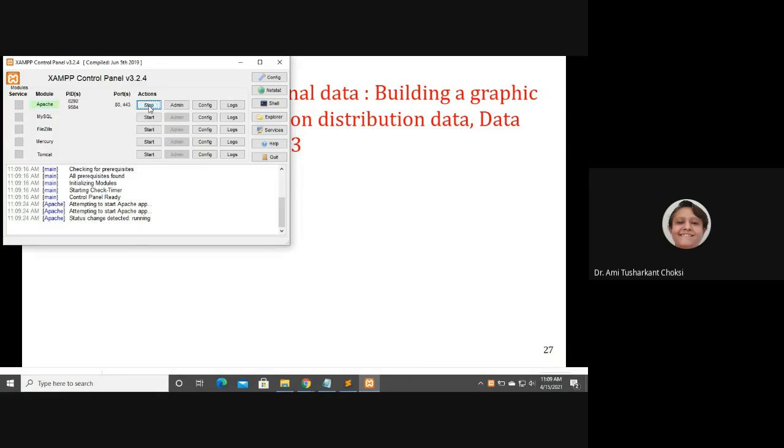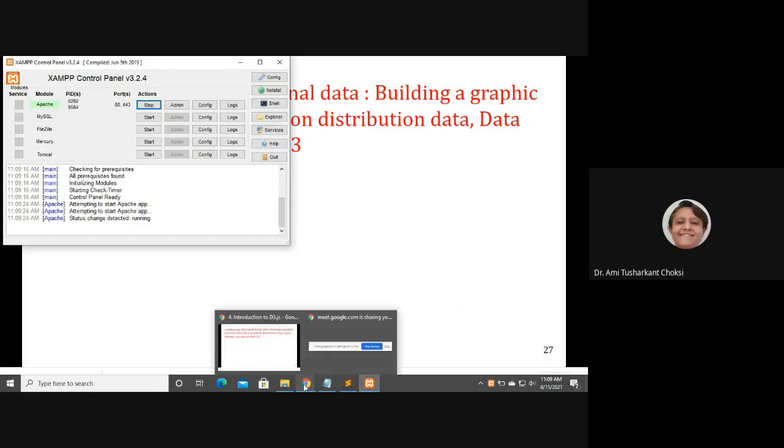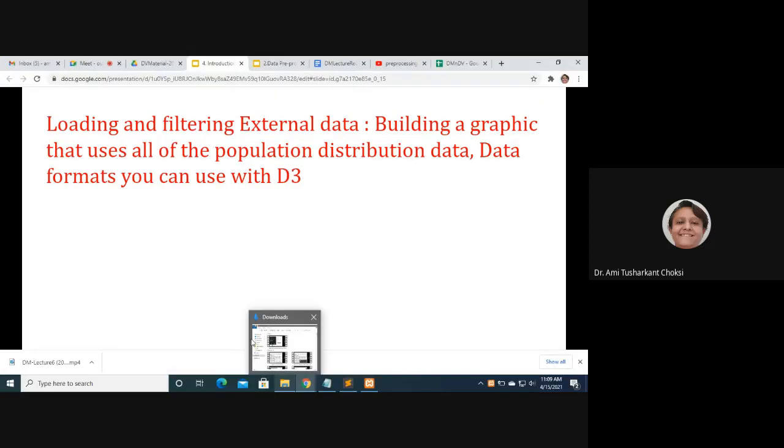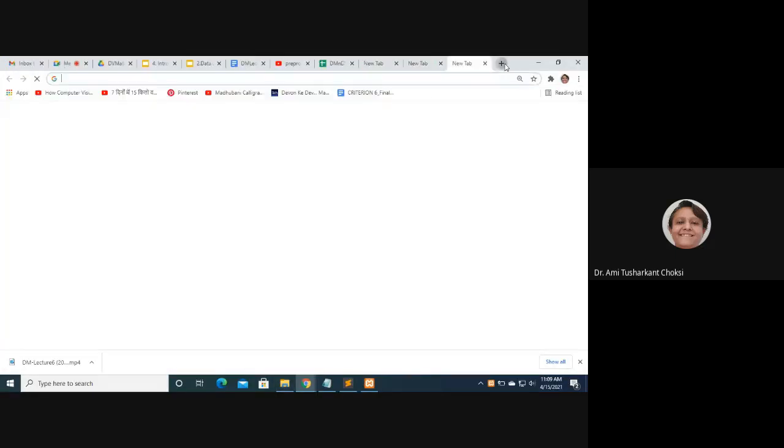Now, for this Apache web server, what is the document directory wherein we can put the documents, that is HTML documents, and be able to use them through our localhost? Let me show you that. I have just started this, and now in our browser, let me show that here.